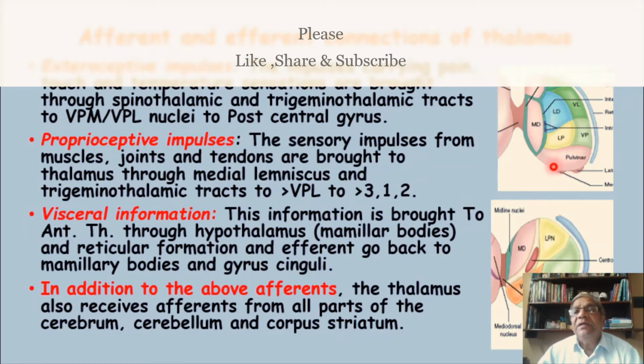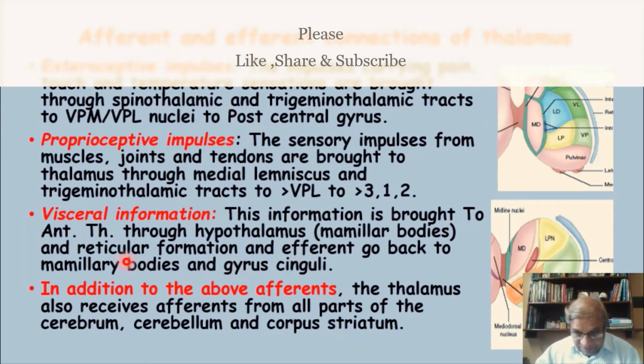Till now we were learning about the ventral and dorsal thalamus, that means the lateral part of the thalamus. Now this is the anterior nucleus of the thalamus, or the anterior part of this nucleus, and this is concerned with the autonomic nervous system, that is, the sensation will come from the viscera to this anterior part. Who is bringing this sensation? The hypothalamic part, that means the mammillary bodies of the hypothalamus, bring this sensation from the viscera,